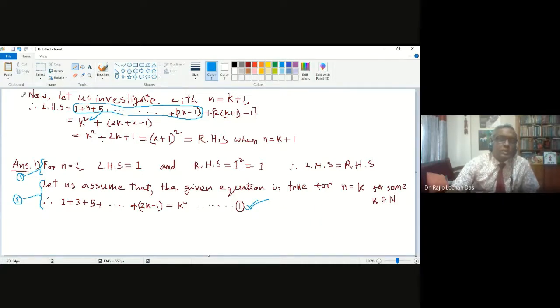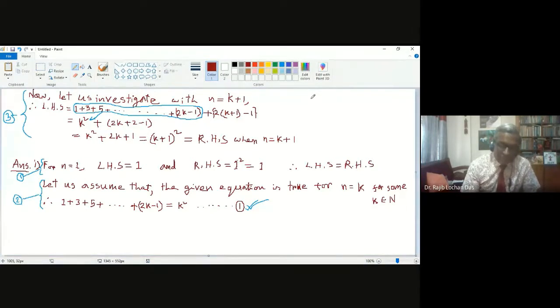Is that okay? So this whole section is step number 3. So now you have step number 1 and then 2 and then 3. And if you find left side equal to right side for n equal to k plus 1, then you can go to the next step. The next step is nothing actually, the next step is your conclusion. That is, you will now conclude.